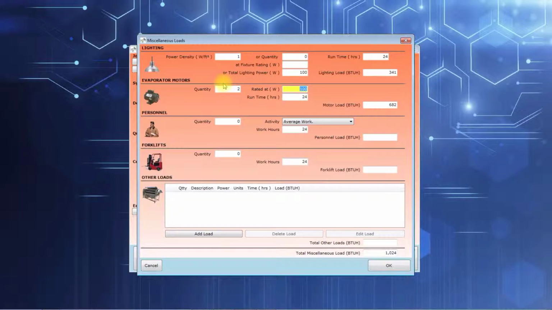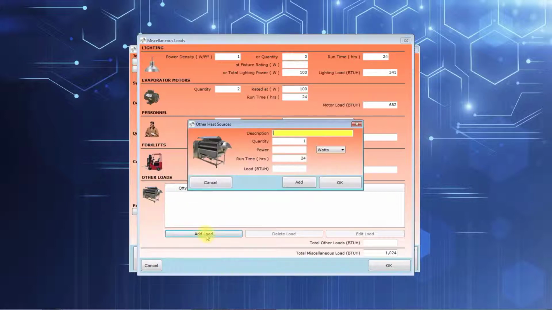So the next thing that we're going to do is talk about how to add process motors or any type of motor that might be operating within the conditioned space that you're calculating for. Click on Add Load here under Other Loads. We'll click on Add Load, and let's just assume that you, for whatever reason, had about 10 horsepower worth of process motors in this